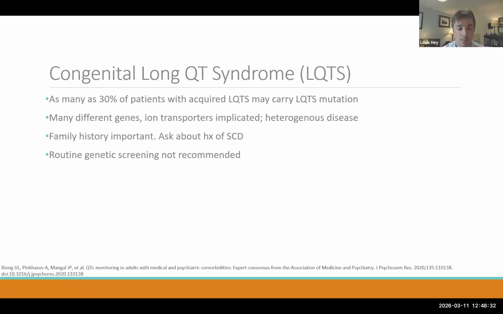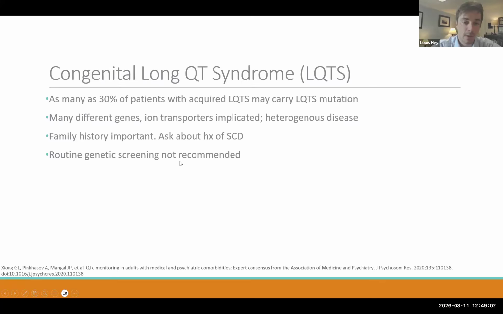So again, there almost always has to be something else going on besides a single drug prolonging the QT to cause a problem. It's a very heterogeneous disease, so it depends on how many copies of each mutation you have and how many of the mutations you have. It can cause absolutely no problems, or it can cause very severe problems even in the absence of high risk medications.